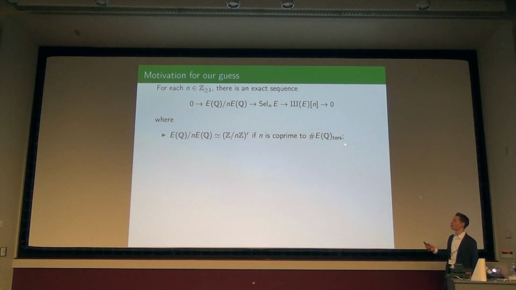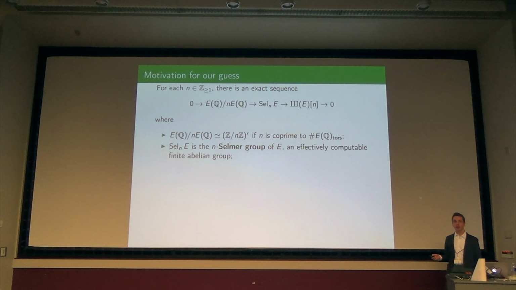I guess I also have my torsion subgroup, so just imagine n is co-prime. I'm not going to be able to grab the whole thing, but I grab it up to n multiples. This is called the n-Selmer group of E, and the reason it's introduced is that it is an effectively computable finite abelian group. There's a machine that, if you insert E and n, will produce as output this finite abelian group, as opposed to the rank, for which I make no promises.